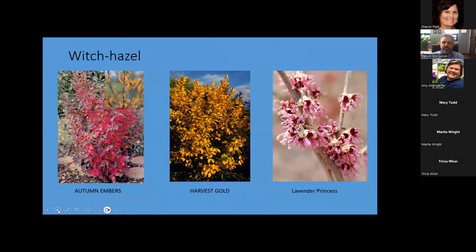Witch hazel is one of my favorite plants because it blooms in the wintertime. Usually these will bloom in February, and you'll get your flowers, and then you'll get your fall foliage. So you get really late